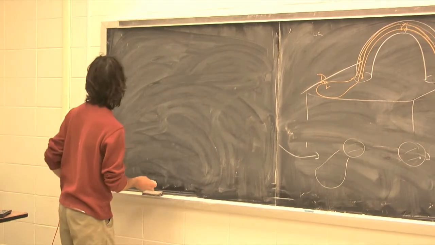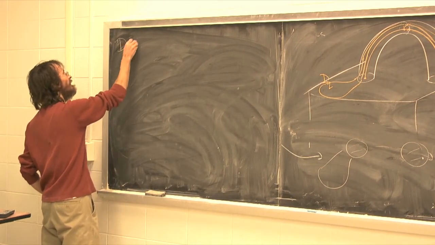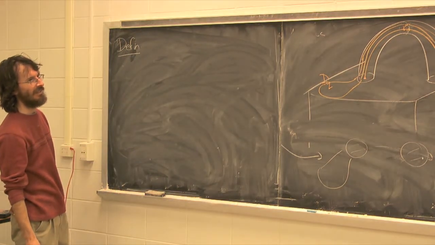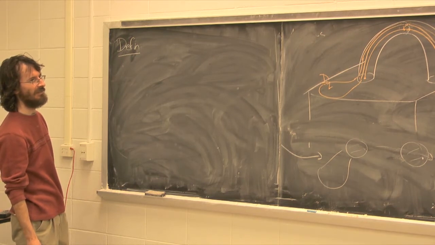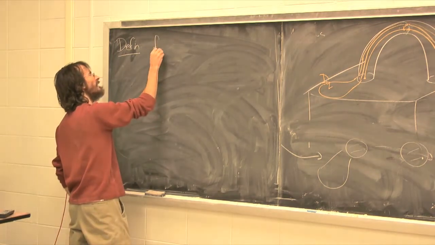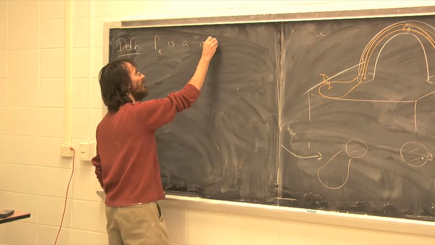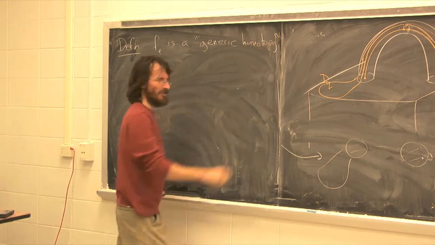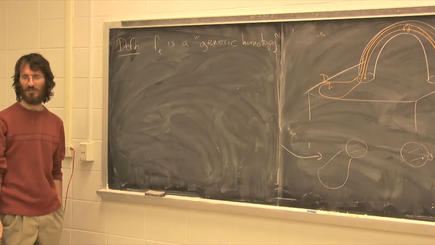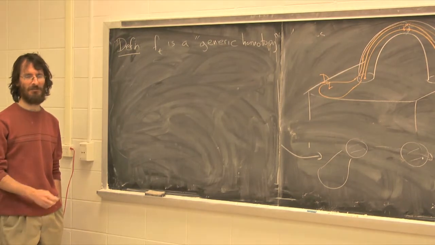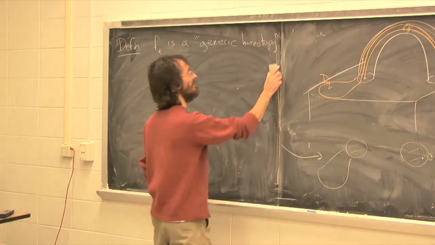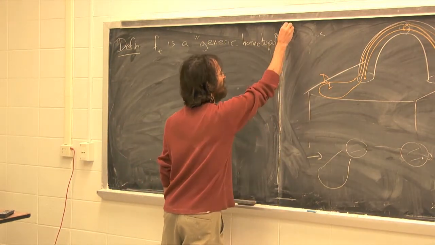So the theorem. Let's just make a definition: F_t is a generic homotopy. This is a bad definition because what you should really do is define a property and then show that that property is generic. I'm saying the property's name is generic, but really what's encoded in that is a statement that the following property is a generic property. F_t is a generic homotopy if